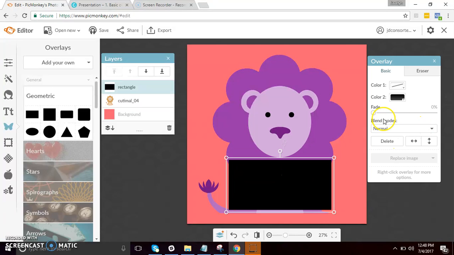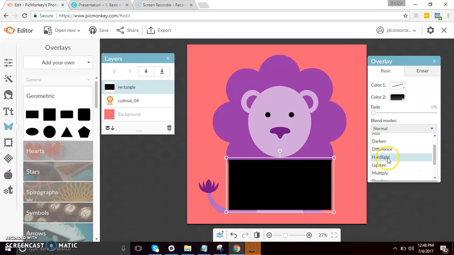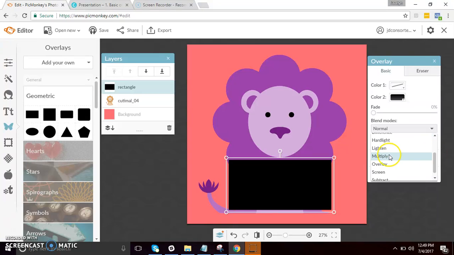And here at the blend modes below, in the overlay tab, are different blend modes. Normal, add, darken, difference, hard light, lighten. Choose what suits your design. And the result depends on the image that we have or its background.